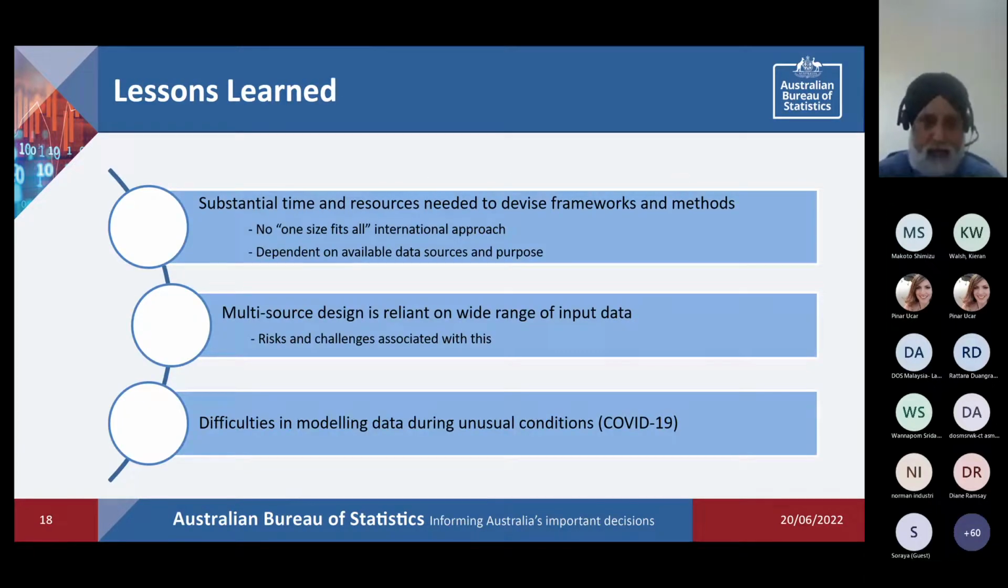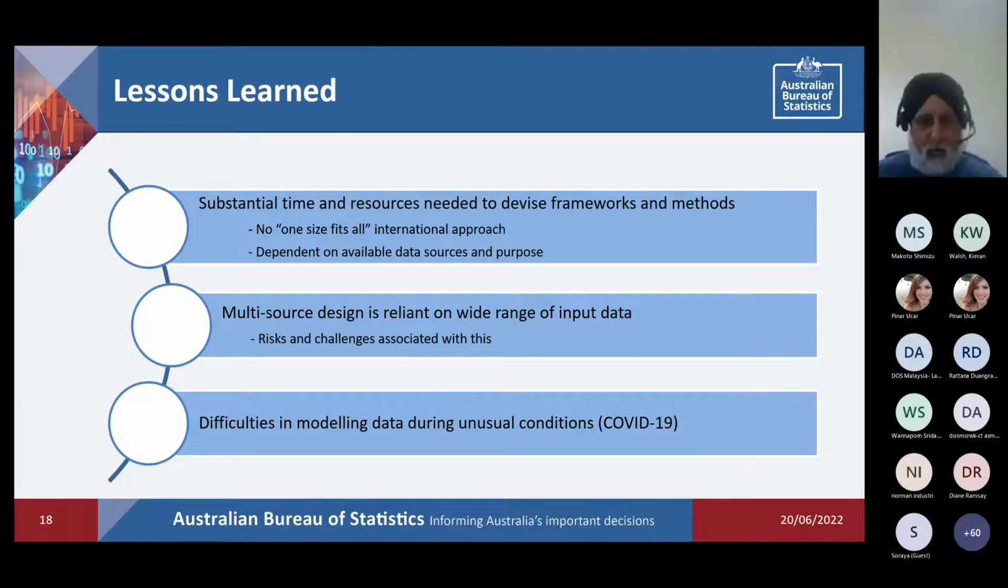So what were some of the lessons learned from not only developing the Labour Account, but also being able to produce the Labour Account since 2017? Australia initially started with releasing an annual Labour Account, and then we moved on to releasing a quarterly Labour Account as well. So we've now got a quarterly Labour Account, and we also release an annual Labour Account. Some of the key lessons learned is that substantial time and resources were invested in devising the framework and